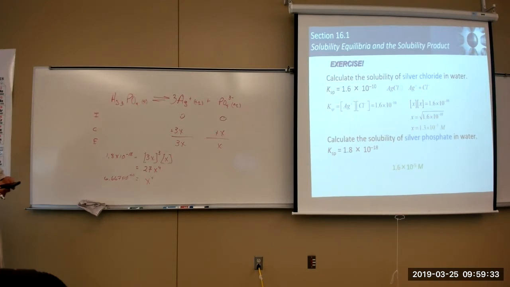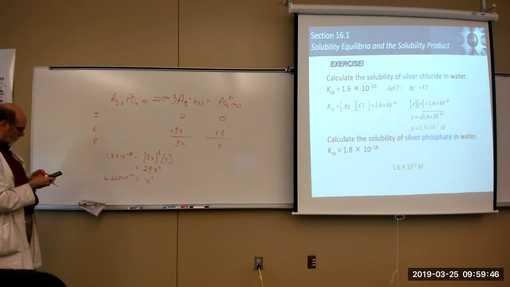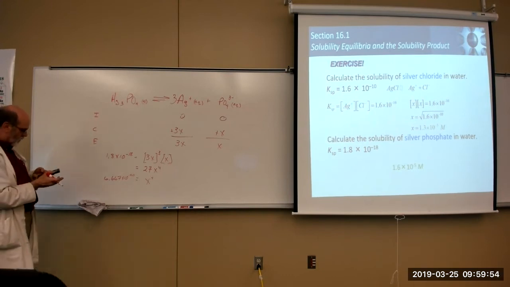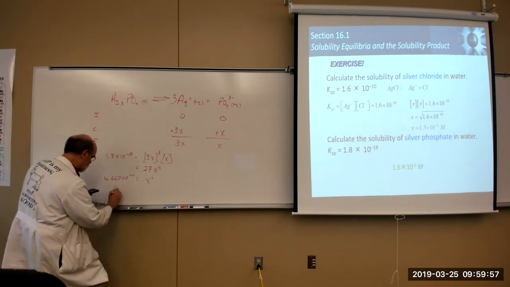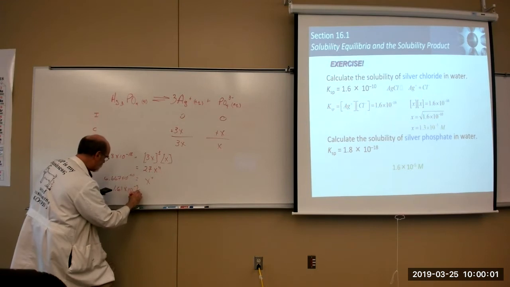I gotta find out where my roots are. This is not my usual calculator. Here it is. I think I'm gonna have to use, oh, there it is. Good. All right, so that was 6.667 times 10 to the negative 20, right? So 1.61 times 10 to the minus 5 equals X